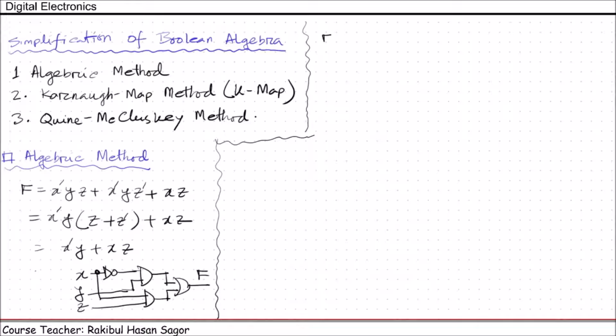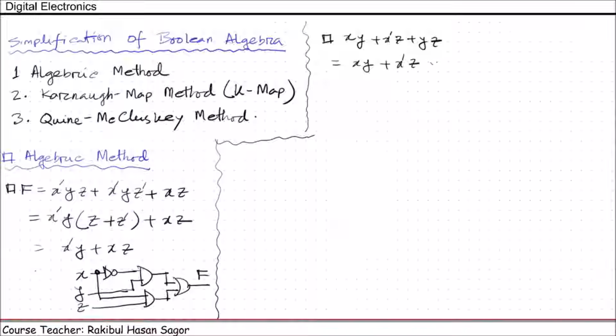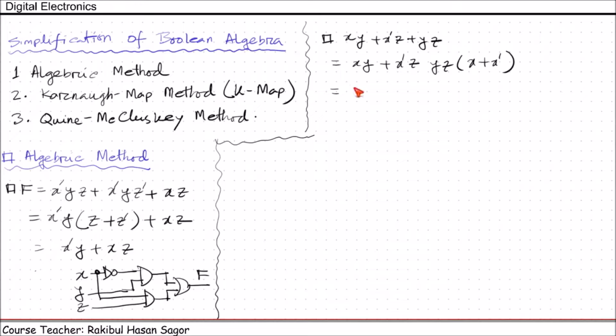Let us see another example. This is one of the examples: xy plus x prime z plus yz. How can we simplify this? Let's keep solving. xy plus x prime z plus yz. If we take x plus x prime, there will be no change because we know x plus x prime equals 1. We can write xy plus x prime z. Here we need to place plus